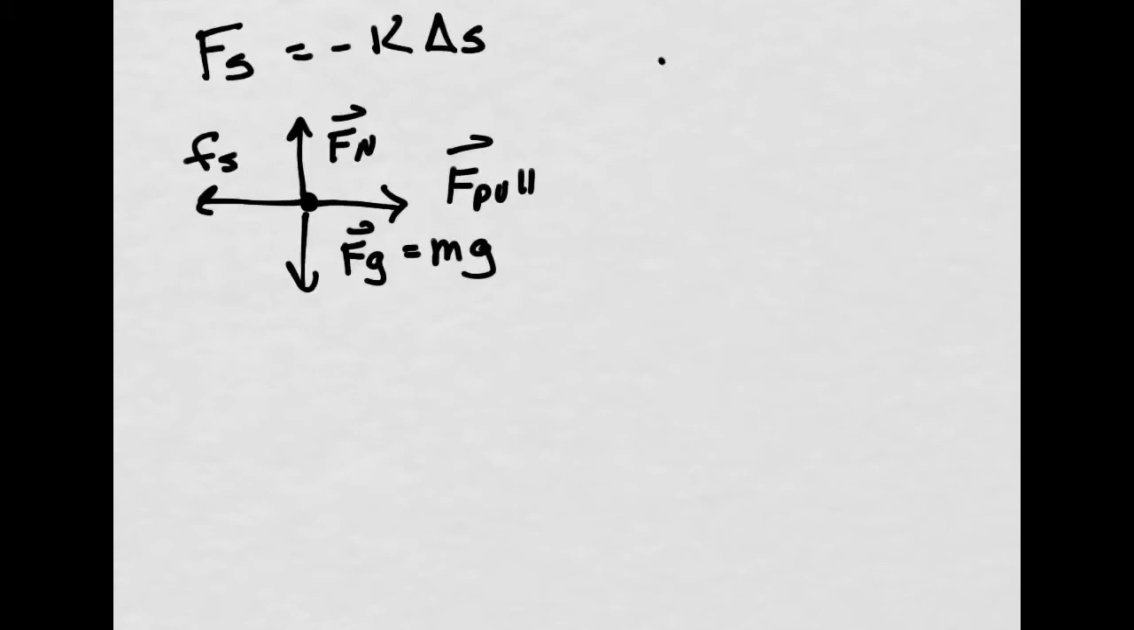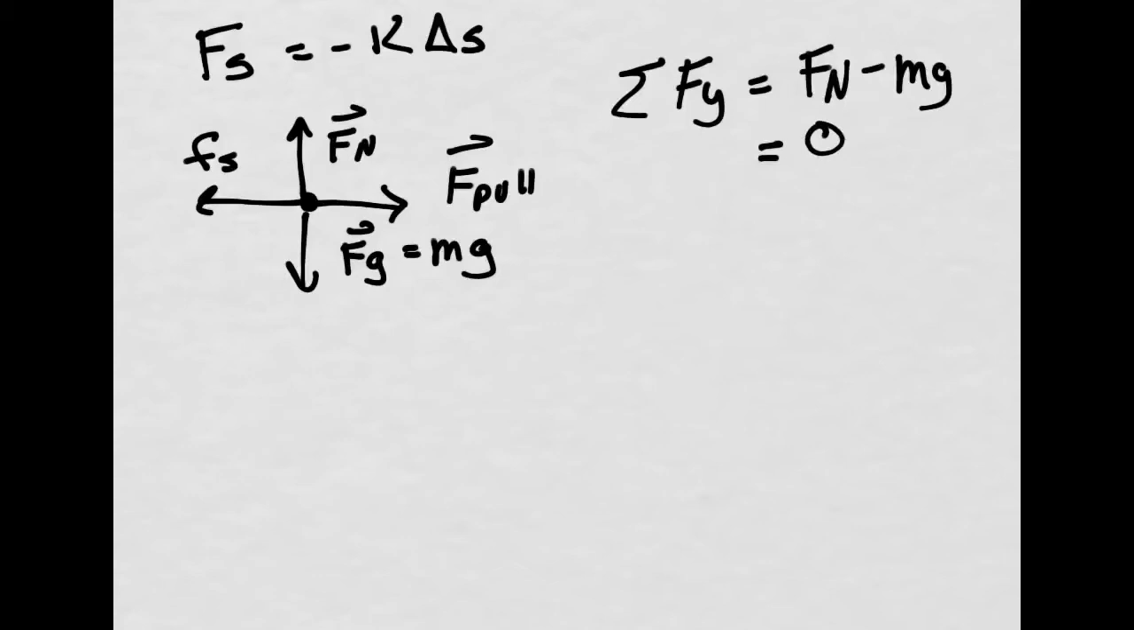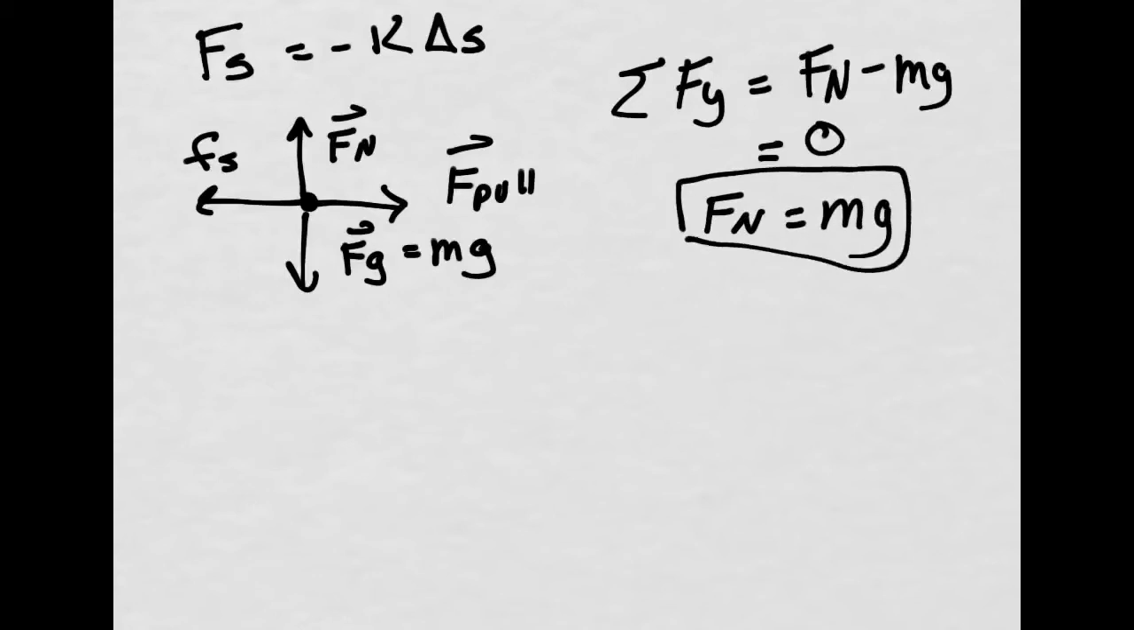So the sum of all the forces in the y direction is the normal force minus mg, and that is equal to 0 because it is not leaving the track or going into the track. So that means the normal force is equal to m times g. So the static friction force is mu s times Fn, and we know Fn is now equal to mg,